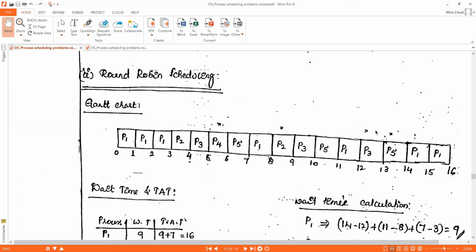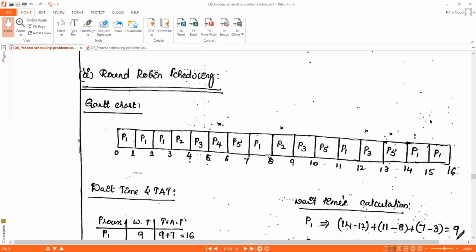Process 3 has already executed 2 milliseconds, and its burst time is 3 milliseconds. So CPU will execute process 3, and process 3 will also exit from execution. Next, CPU will be allocated to process 5. Process 5 already executed 2 milliseconds, and if it executes this 1 millisecond, process 5 also completes its execution and will exit. Now in the ready queue we have only process 1, so CPU will execute process 1 for 1 millisecond.